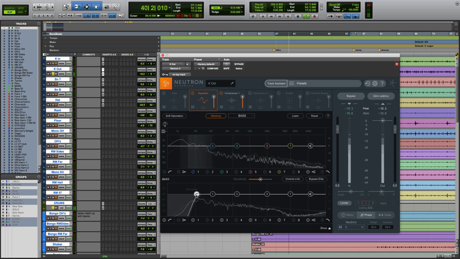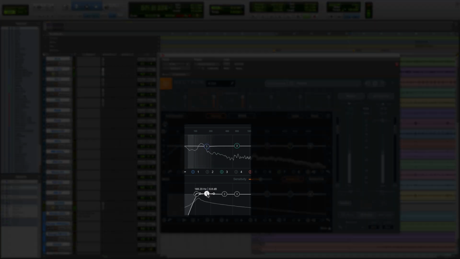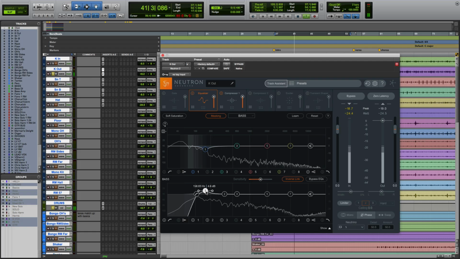so that the kick can have it. So the next thing I want to do is add a little bit of articulation and energy back to the bass, but via these harmonics over here. And to do that, I'm going to boost with the first, and I'll turn on the second node as well. And to make sure that I make some pretty specific surgical boosts, I also want the kick to go down as I make boosts on the bass. And to do this, I'm going to use the inverse link function. So I'll press it and you'll see what happens here. So see how both nodes are moving? So now I'll make a boost over here to increase the energy of the bass, and that kick node goes down so that the bass can really own that area in the spectrum.